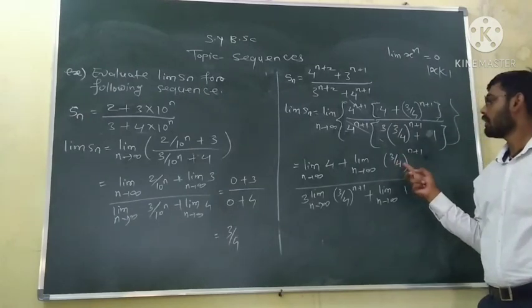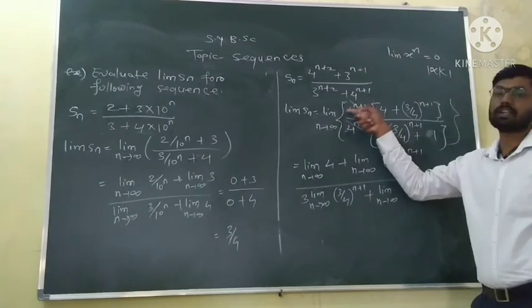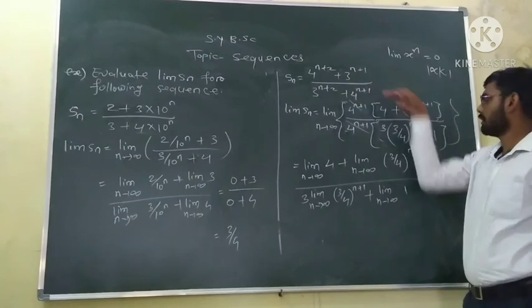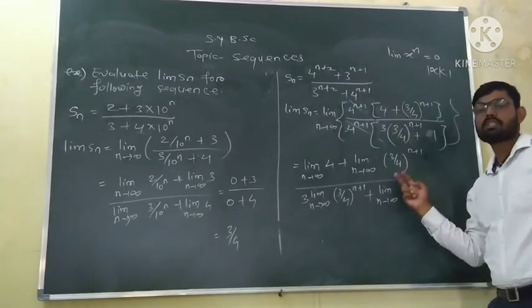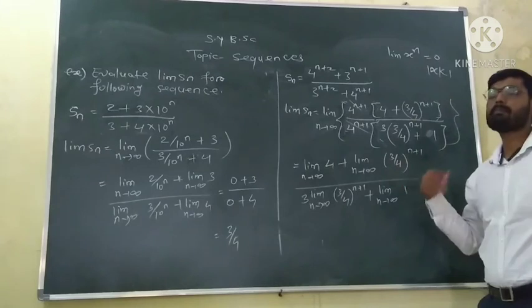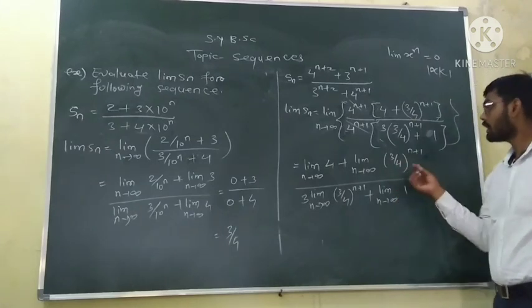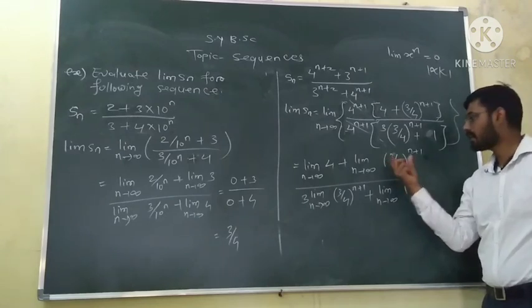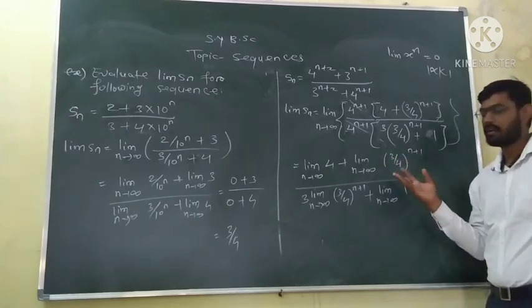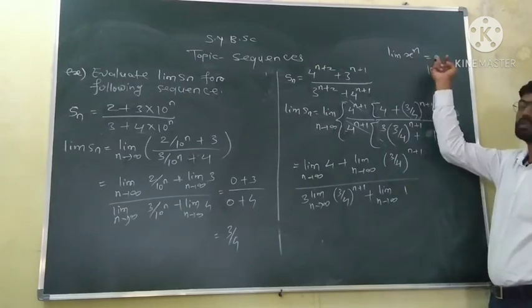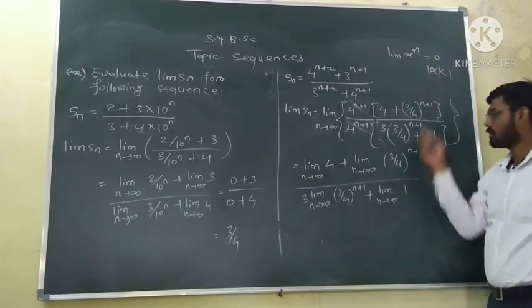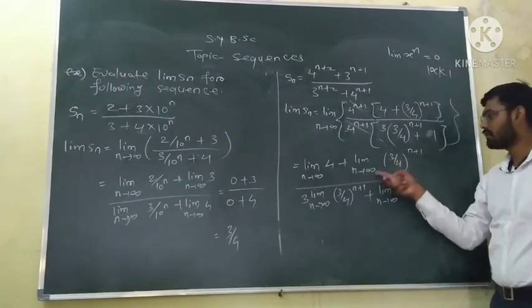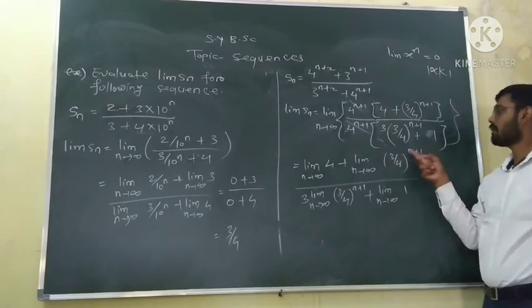This is the reason we have taken 4 raised to power n plus 1 outside and not 3 raised to power n plus 1 outside. If we take 3 raised to power n plus 1, here there will be 4 by 3 which is greater than 1, and there would be some problem in finding the limits. Our aim was to take the value such that it is less than 1, and we have a formula: the limit of x raised to power n is equal to 0 whenever mod of x is less than 1. So here mod of 3 by 4 is less than 1, so its limit as n tends to infinity of 3 by 4 raised to power n plus 1